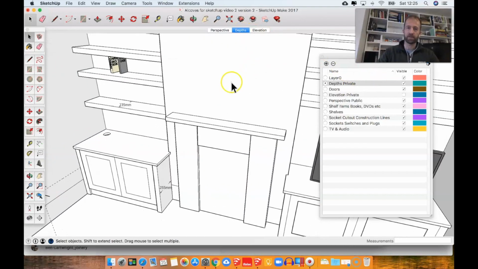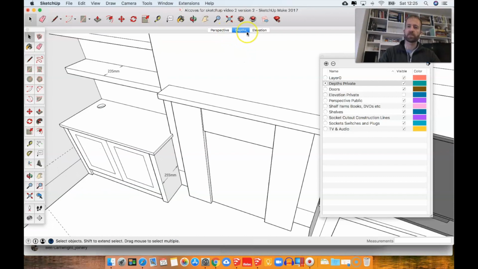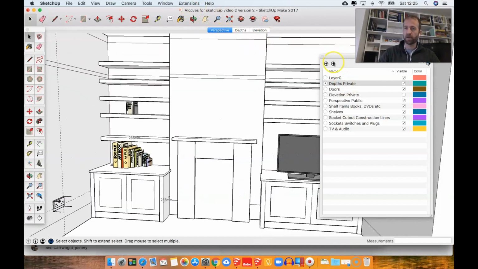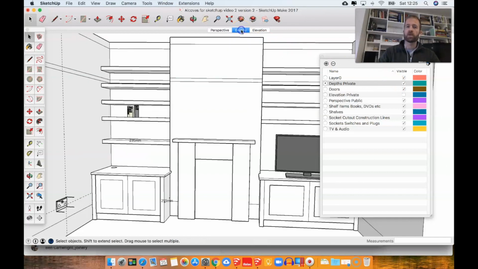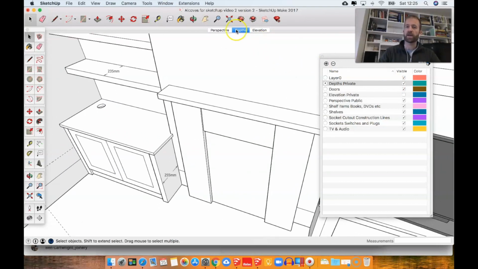well, now this is an important thing. They're visible on depths, but what happens when you create a new layer is it's created across the model, and by default it's visible on all the other scenes. Now this is one good reason for setting up your template, because you can then set your scenes up and not have to go and hide a layer you've just created whilst you're trying to draw quickly in front of a customer. So we'll put our final key dimension on here,